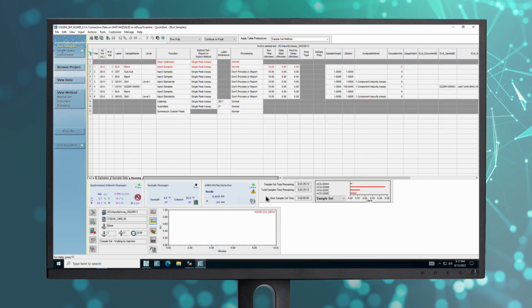While our system prepares for its first injection, I think it's worthwhile to point out that during the processes I've just gone through, logging into the applications, entering information into SampleShare, and entering in the name of our new sample set in Empower, we have hardly had to touch the keyboard. All the information needed to complete our work was automatically brought into LMS and Empower from SampleShare.